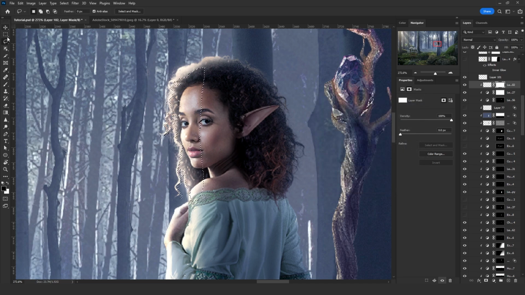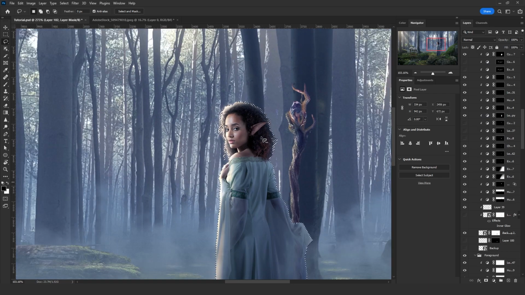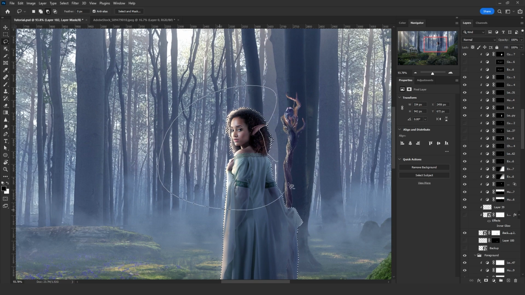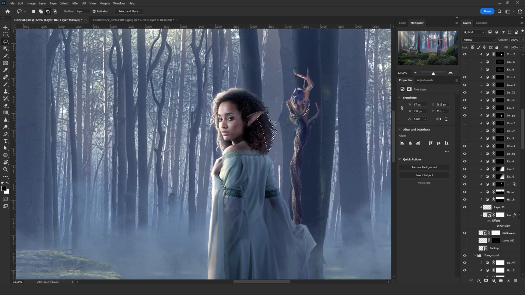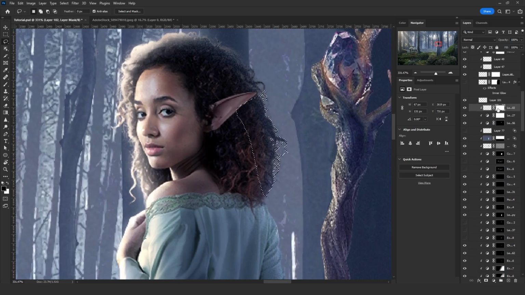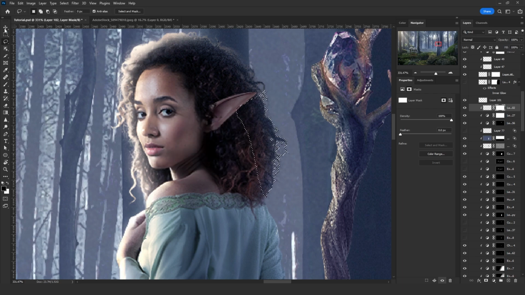maybe like that. And then I'm going to take another mask from her hair, maybe this area right here. Click on the mask and fill that area with black color, and make sure it's still selected. Then go to the move tool, make sure you are clicking on the mask, and then drag it to the hair areas. Click Ctrl T and flip it on the horizon line,